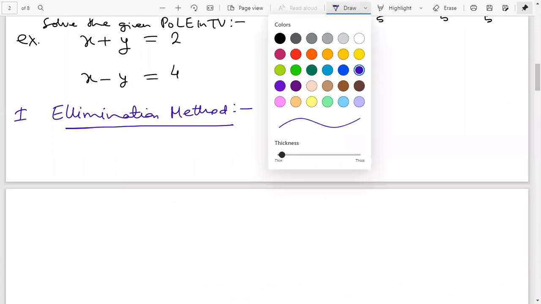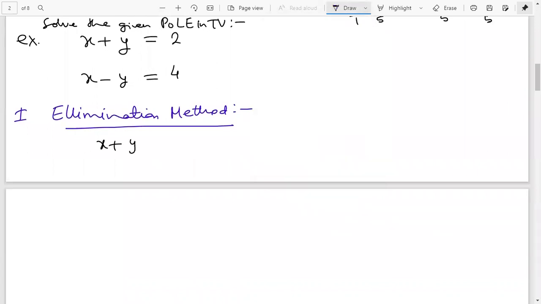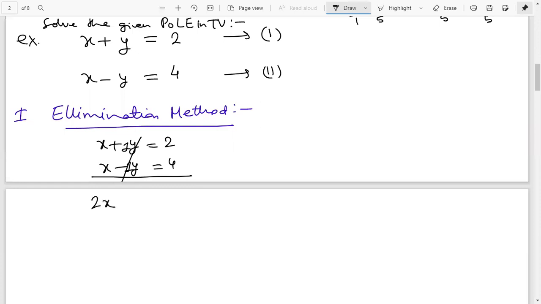Now we have the elimination method. Because the equations are very simple, equation 1 and equation 2, there is no need to add or subtract any other values, and no need to multiply either. We can proceed with simple addition because the y coefficient here is 1, and here also the y coefficient is 1, the values are the same and the signs are opposite. Simply addition will cancel the y term, eliminating the y term. So this will be 2x equal to 6. So we got the x value 3, simple. Now we can put it in any one of the equations. I will choose the positive equation, so that it is easier. From either equation we get the value of y.